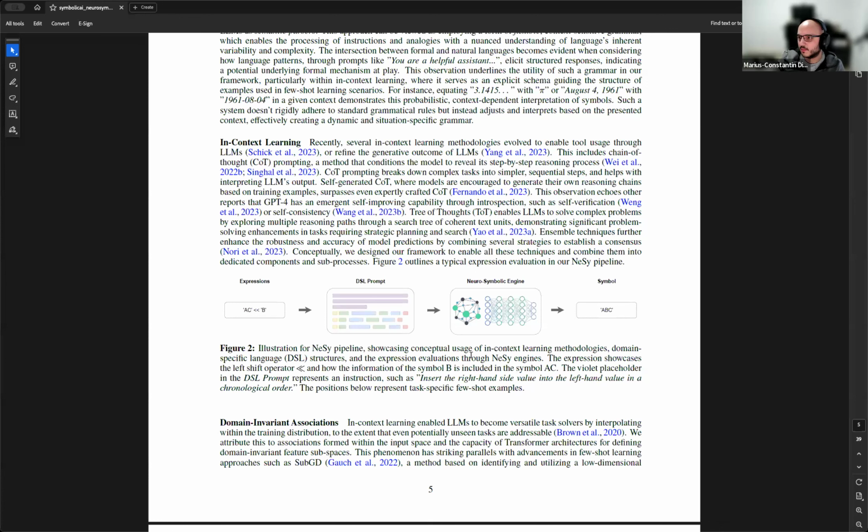Like the very famous king minus man plus woman equals queen example with embeddings. You can emulate that in a symbolic form in our framework, where it also creates associations very close to this abstract concept manipulation. But depending on whether you put king, or prince minus man plus woman, you get a princess, and so on. So you have all these polymorphic behaviors depending on the data.